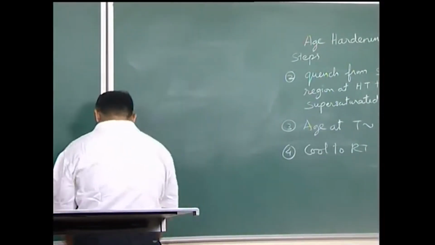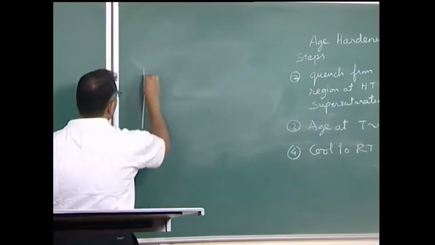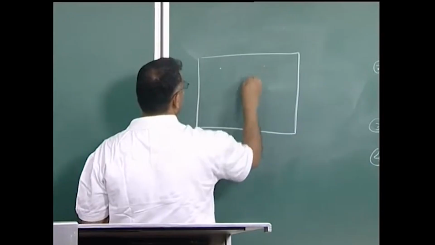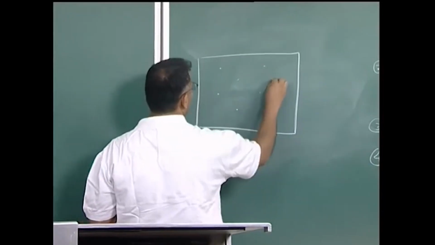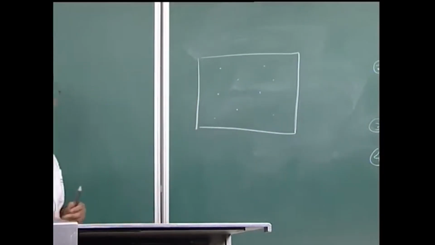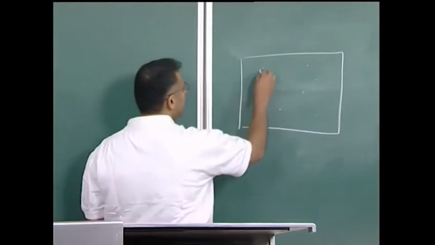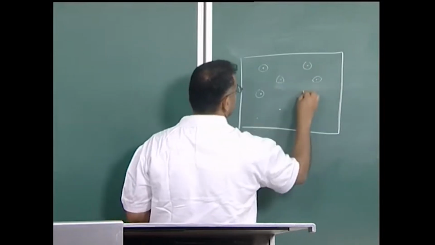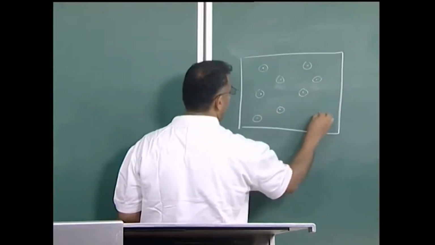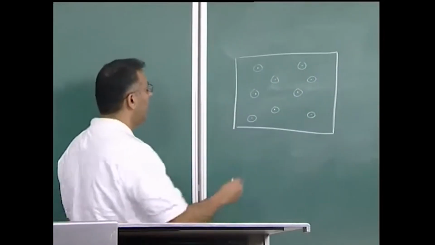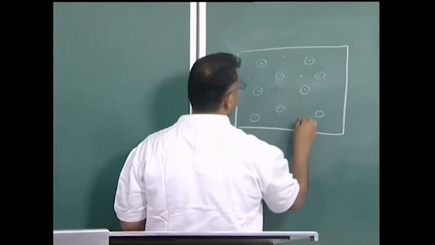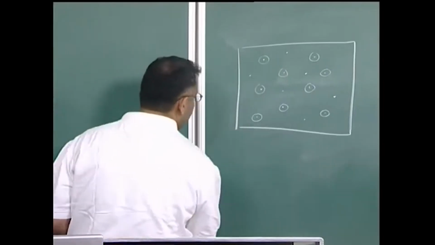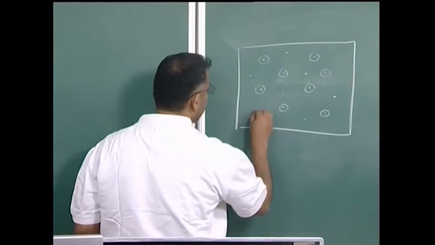So, in the initial precipitation you have a uniform solid solution here, and initially at some point t there will be some nucleus which will form, and typically the size of these nuclei itself is in the nanoscale. Then at a later time you will notice that these precipitate nuclei would have grown to some size, and at the same time new nuclei would have appeared at various other places. If I wait even longer, then I would notice that these would have grown to an even larger size,